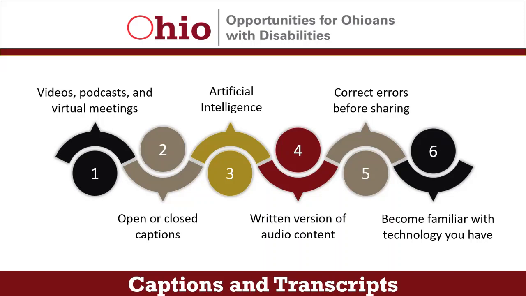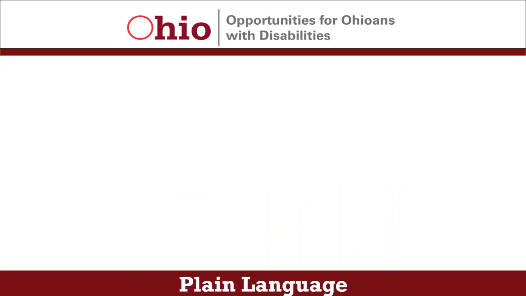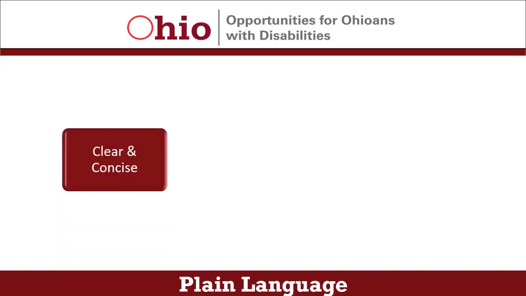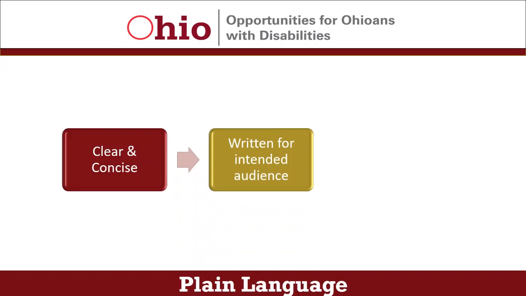Julie, that's a fantastic point that employers likely already have this technology. What are some best practices for conveying information in an accessible way? Kelly, when it comes to the way information is written, the best practice is to use plain language. This is language that is clear and concise, is organized, and is written for its intended audience. We included resources in the Learner's Guide with checklists for creating plain language, one that is specific to language used on websites.